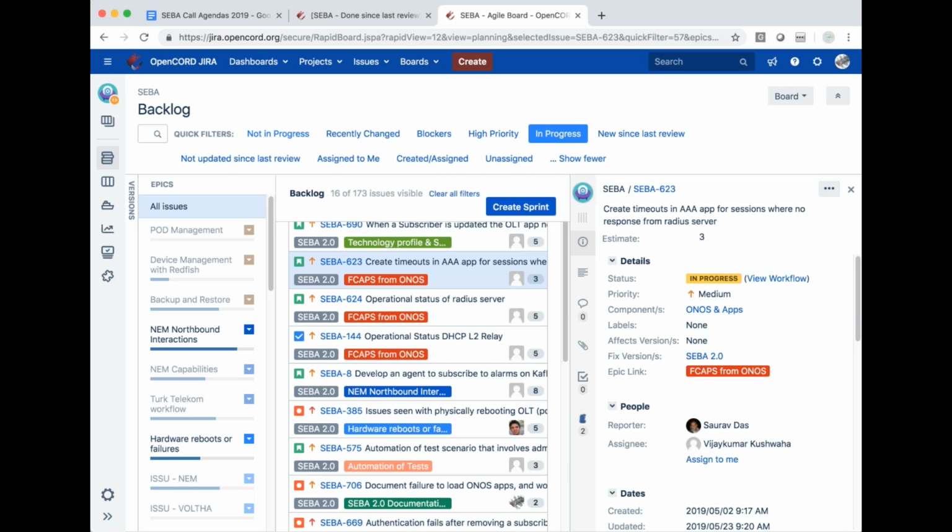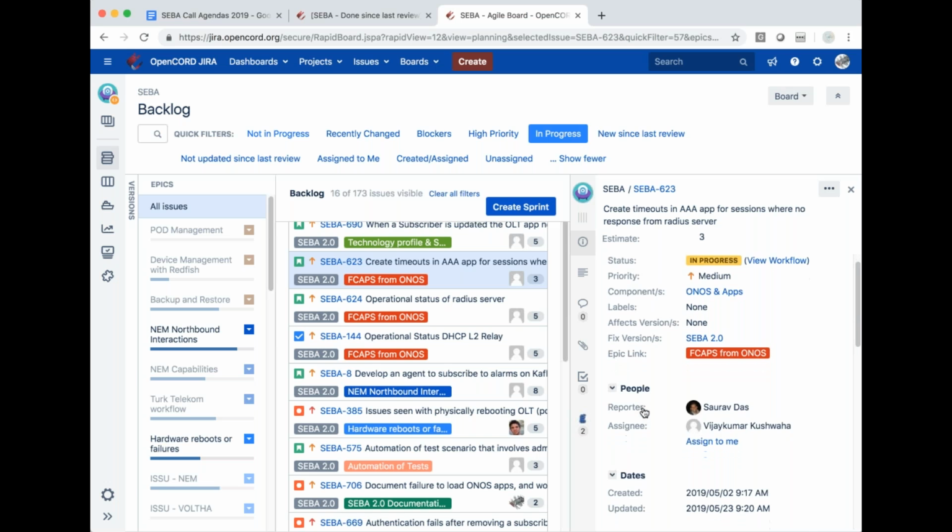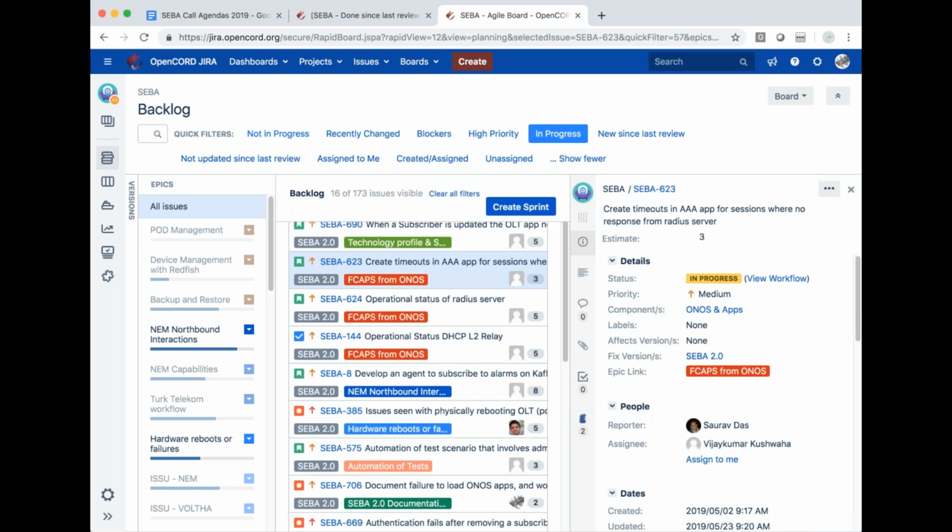Okay, so this is something within ONOS? Yeah, it's in the AAA application. Okay. Alrighty. This is shown as in progress, so I'll ping Vijay and see what the status of this is.